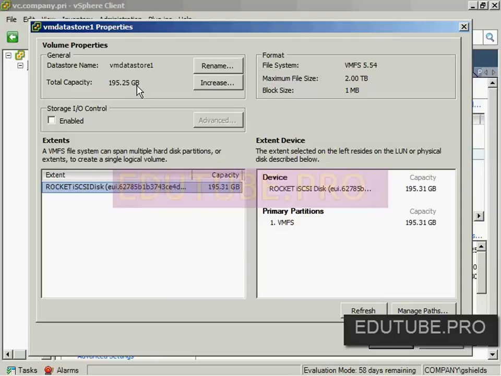And after a minute or so, you'll see that we've extended this data store to a much larger capacity here, 195.25 gigabytes. So what I've done is take the existing space that I've exposed to this LUN and fill it up with the rest of the data store. This provides me more space with which to work with my virtual machines. So closing down